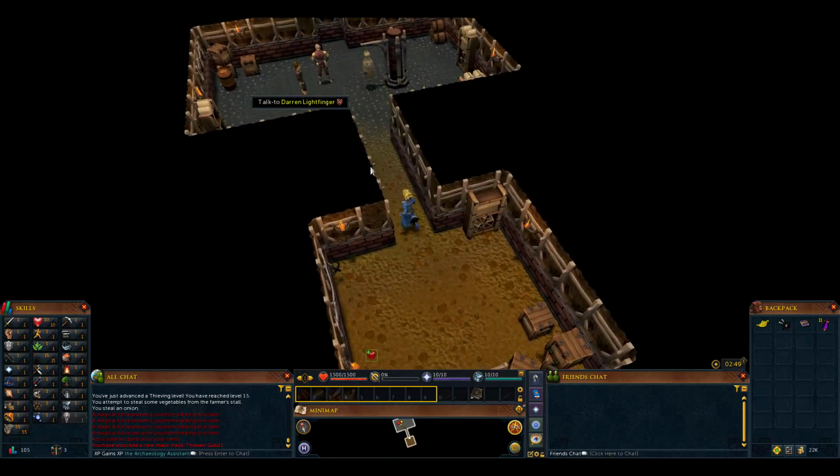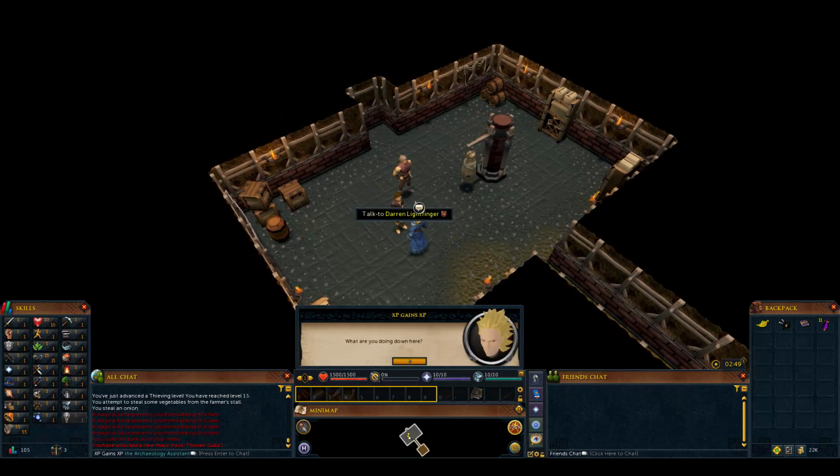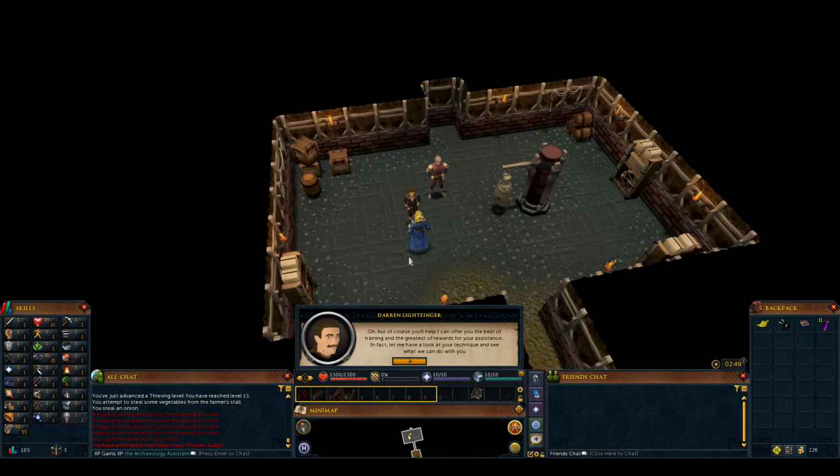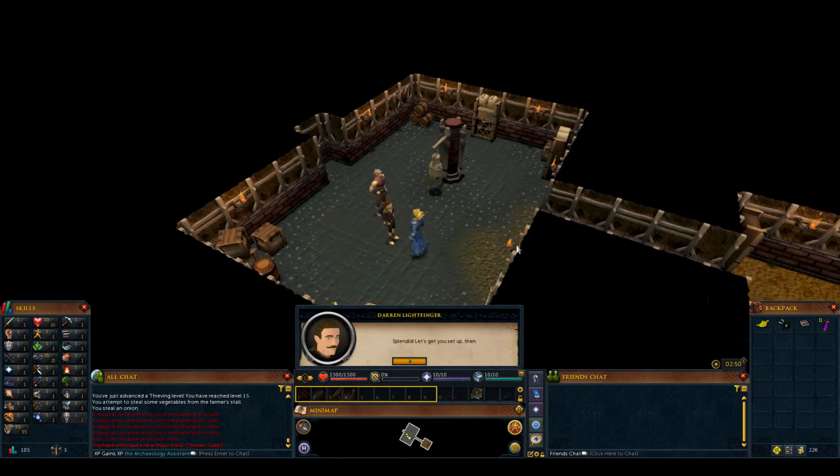Talk to Darren Lightfinger, and then he will give you the quest. The one we're just looking at behind Cellars says skip the speech. And then we say skip the speech. Or if you want to hear the speech, we've read the speeches. All these speeches are hilarious. Go through the wrong dialogue, see what the wrong dialogues say, and here's buyers and sellers, requires some logs or some means to